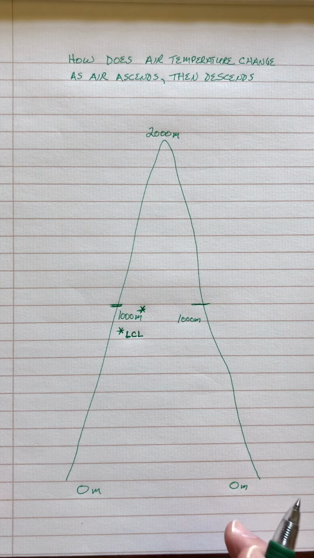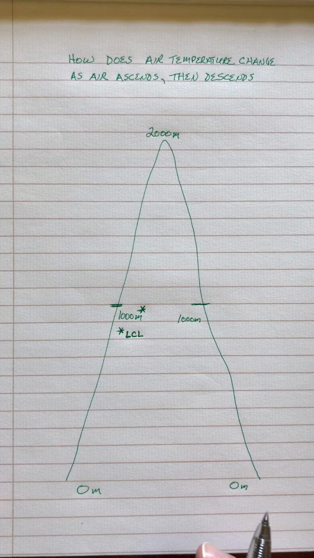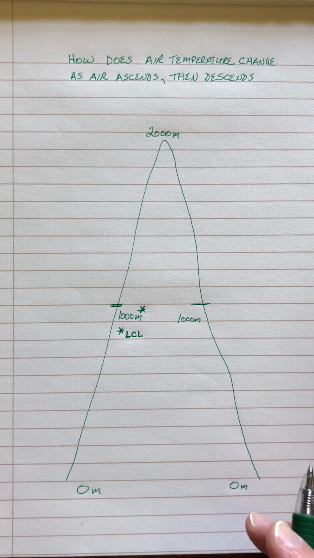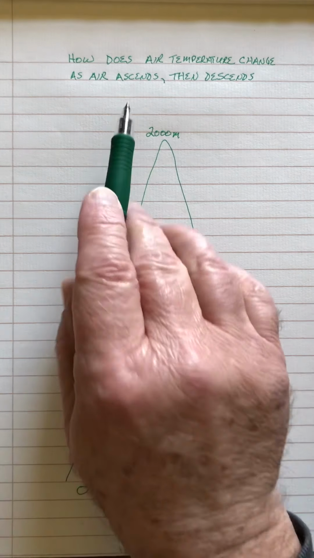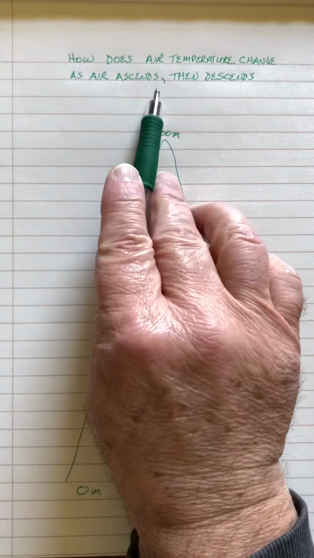Hi class, let's do an example of problem number 7 on the homework. In this problem we're going to take a look at how air temperature changes as air ascends and then descends. We're going to take this air over a mountain and check out what happens to the temperature of the air, first as we take it up over the mountain and then as we bring it back down over